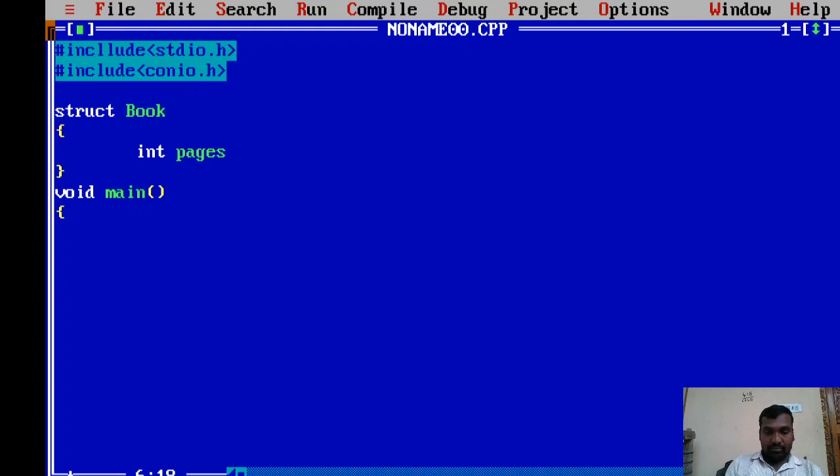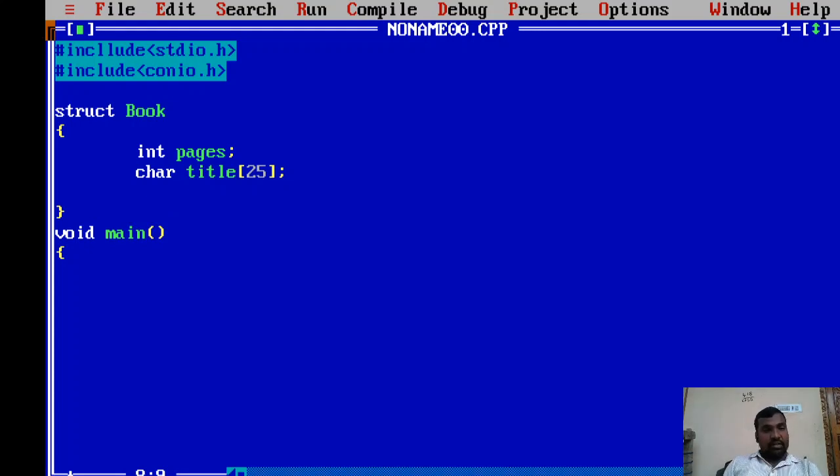So pages, and then title, so book title. For example, it is having 25 characters. So book title, book pages, and the next, for example, book price, so that we cover all kinds of primary data: integer type, float type, and character type also. Float price.